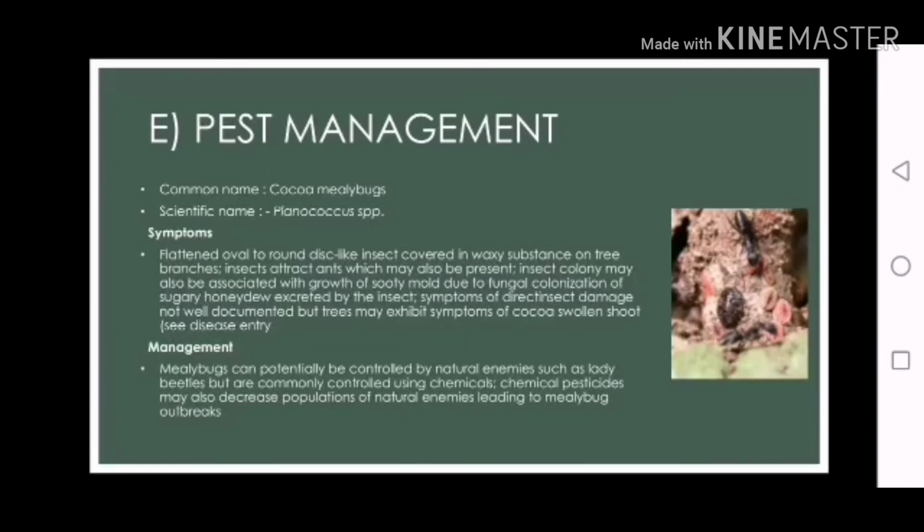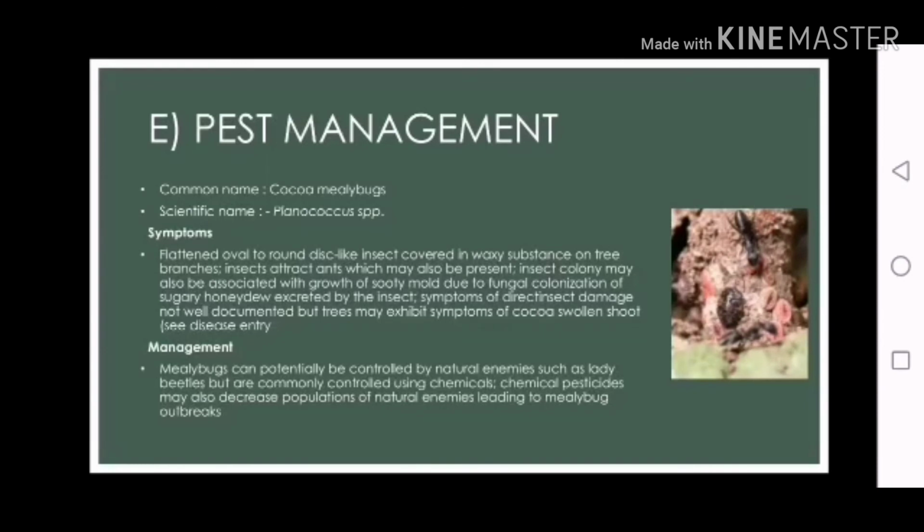Insect colonies may also be associated with growth of sooty mold due to fungal colonization of sugary honeydew excretion by the insect. Symptoms of direct insect damage are not well documented, but the tree may exhibit symptoms of cocoa swollen shoot. And now for the management of this pest,